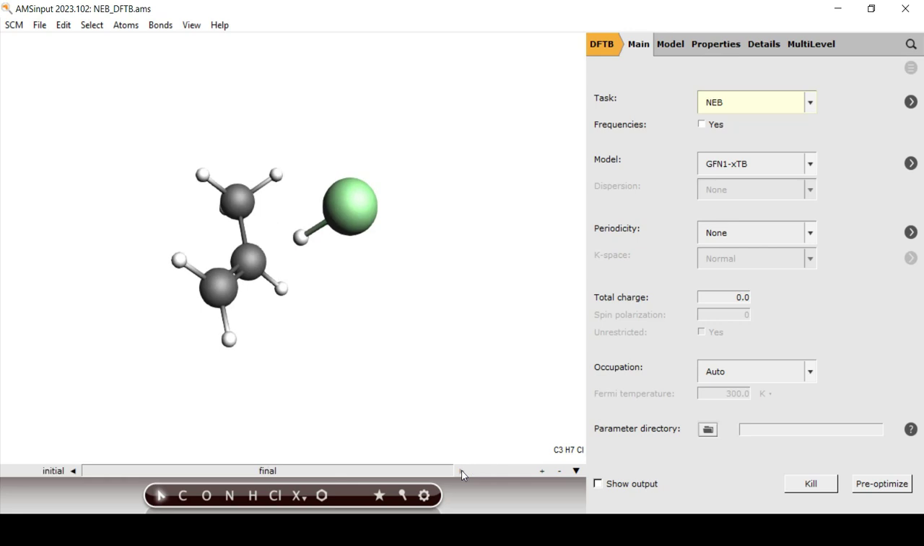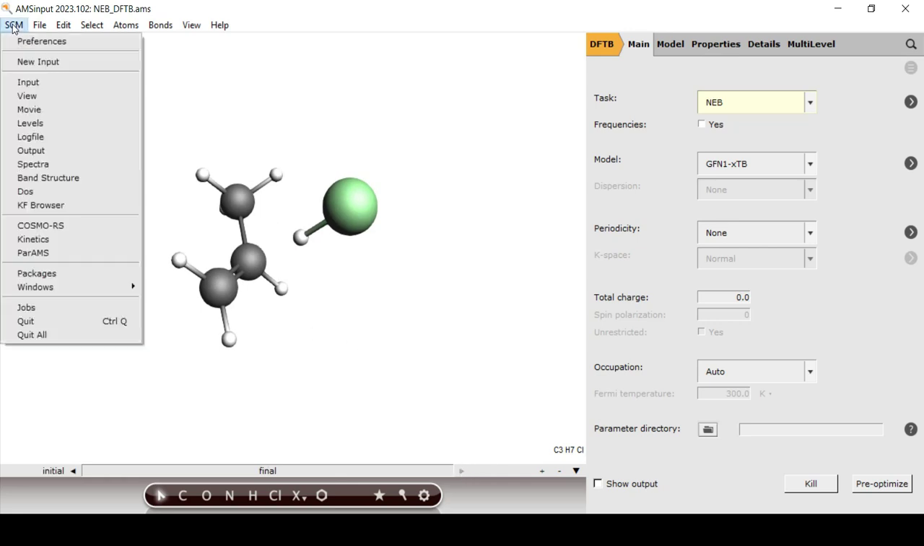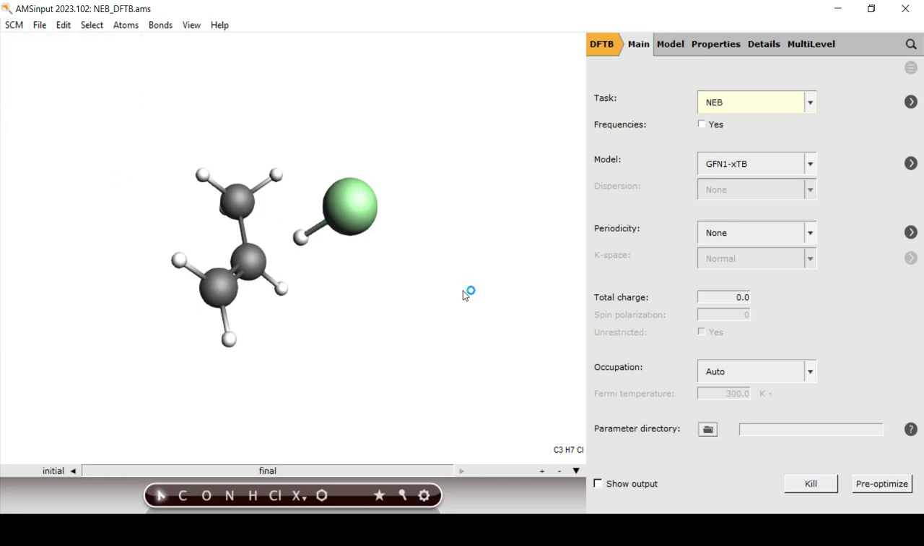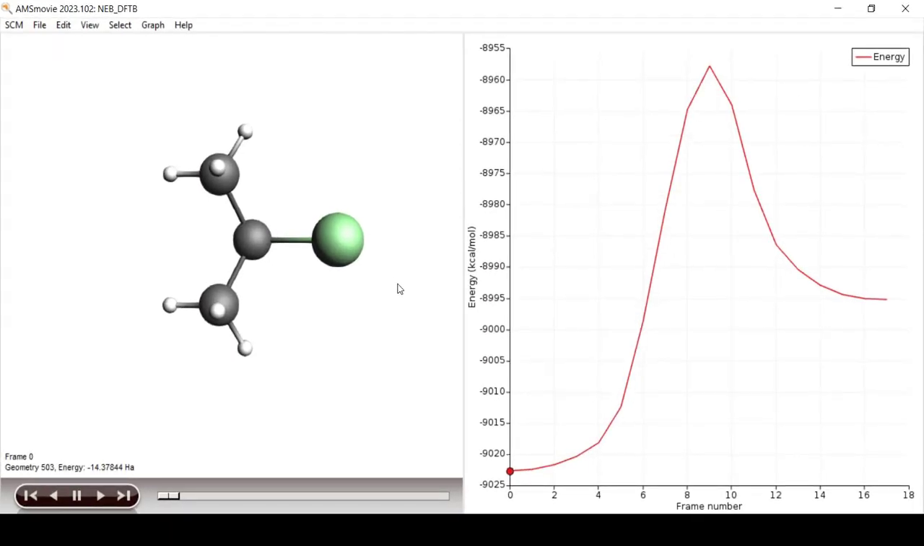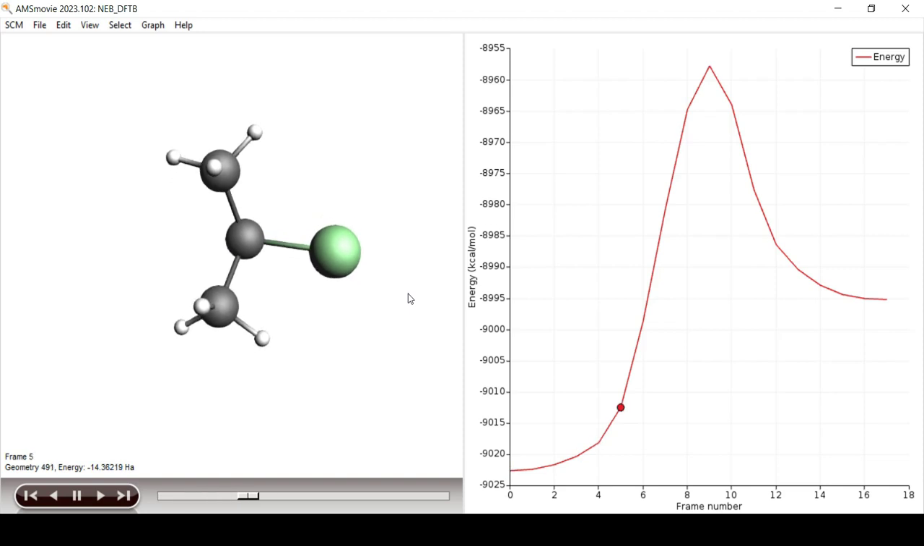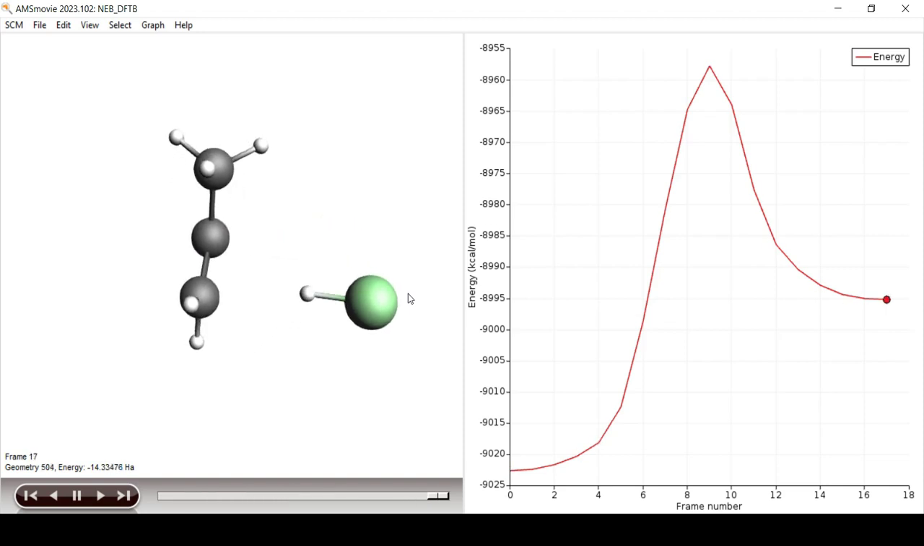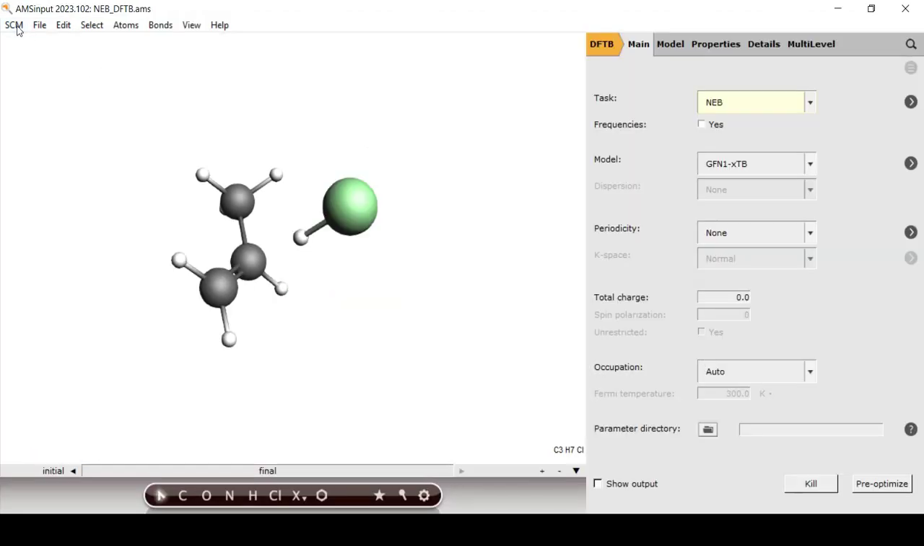Here I have run a nudged elastic band calculation with the extended tight binding code GFN1-xTB to locate the transition state of this simple hydrochlorination. GFN1-xTB is a computationally fast quantum mechanical method, but it's not extremely accurate in predicting reaction energies. To see how the GFN1-xTB energies compare to a more expensive computational method directly, we can just replay the calculation